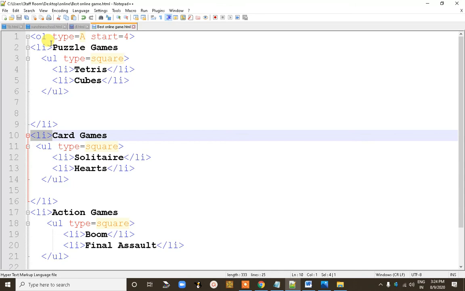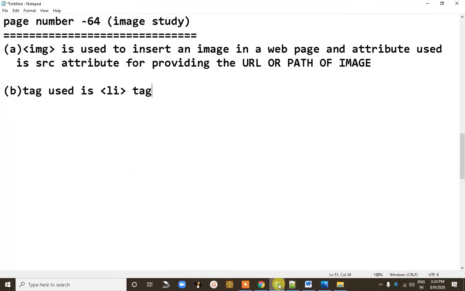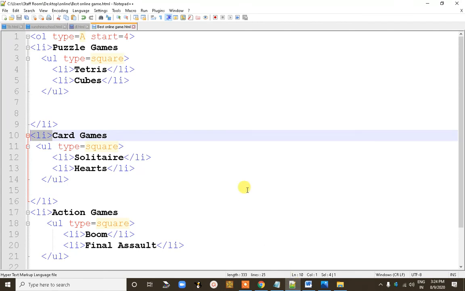Puzzle games. Okay, now see here, the tag used is the Li tag only. For question number C, no attribute is used. We have not used any attribute.